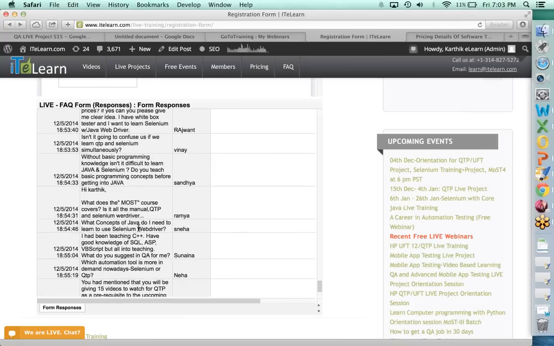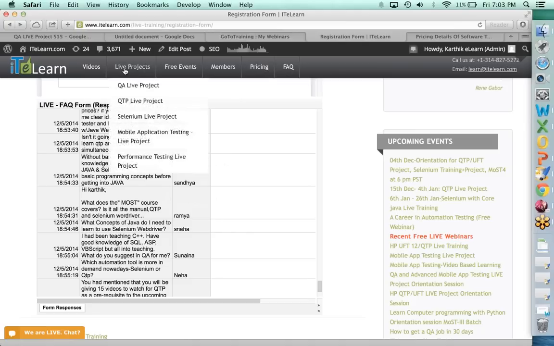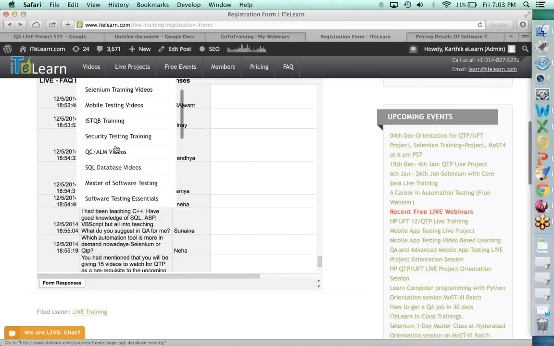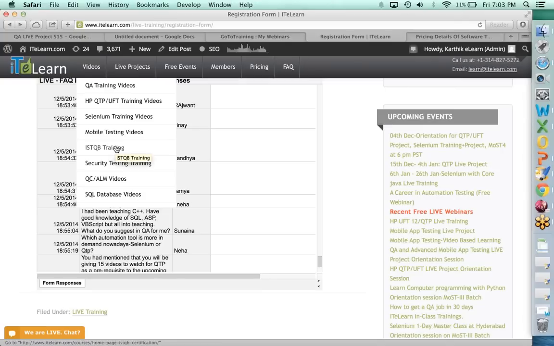What concepts of Java do I need to learn to use Selenium WebDriver? Primarily core Java, Sneha. That's where you start with core Java programming: how to write your main class, how to write your basic class itself, and how the different conditions, if loops, for loops, all of these things work. How can you interact by creating different classes, methods, and so on. So core Java is enough, and in fact, there is a good session on Java tutorials. It's not available individually to buy, but as part of the training itself.